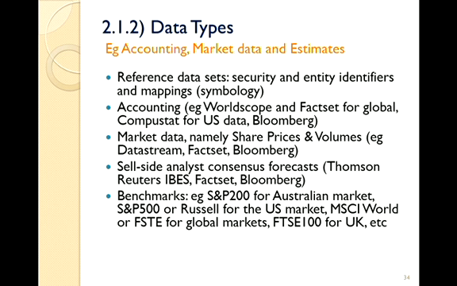So the next important data type is consensus forecast, and I touched on this before. Basically, you get broker forecasts, forecasting, say, the earnings of a company or the sales or what have you, and they do forecast a significant number of items. This will be forecast by various sell-side analysts, whether it's Macquarie or UBS or Goldman Sachs or Bank of America Merrill Lynch or Citigroup or Deutsche, they're all sort of the top-tier investment banks. They'll all have their own sell-side analysts making their forecasts, and this is an important data set for quants,